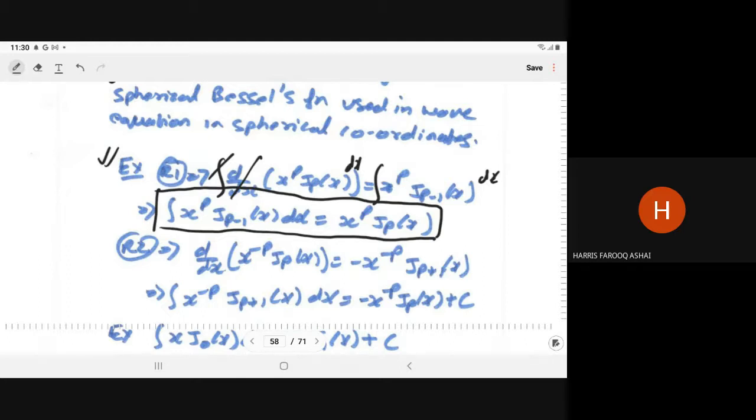Similarly, the second relation, you can determine by recurrence relation 3, right? By recurrence relation 3, you can determine the...